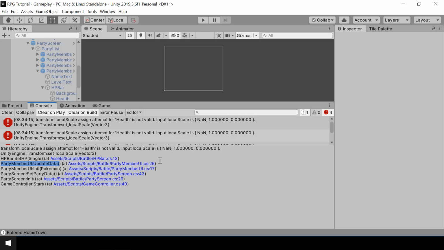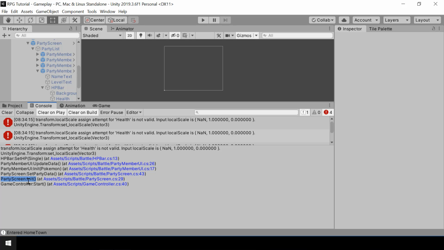Okay, so from the second line, we can understand that the setHP function is called from the PartyMemberUI.UpdateData function. Okay, and if you want, you can also look at the third line, and this tells us from where the update data function was called. Okay, so if you come to the bottom, here you can see that all of this was basically called from PartyScreen.Init, right?